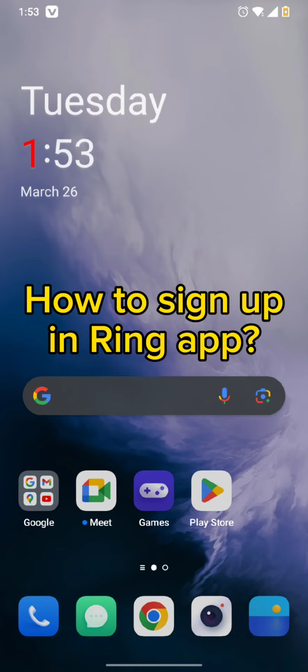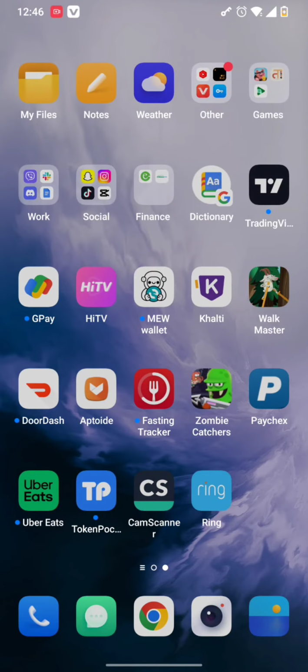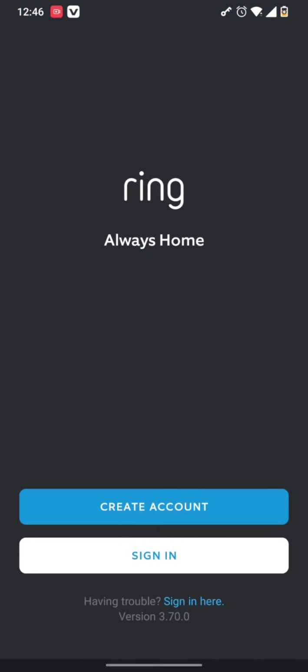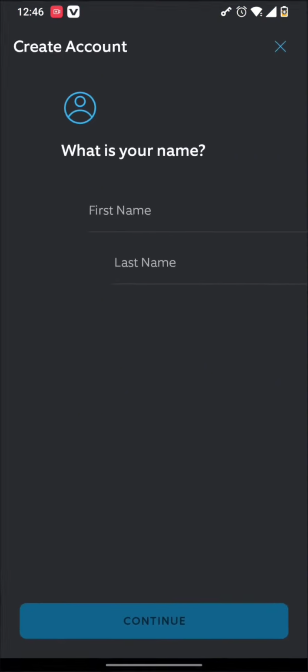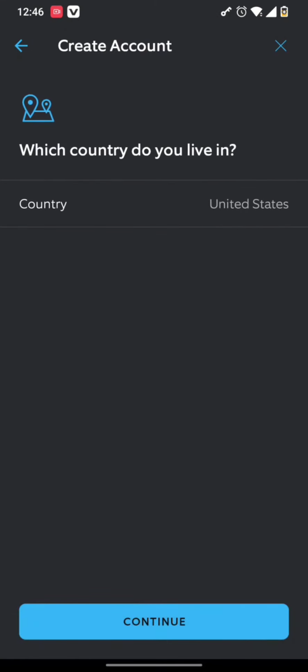So first of all, you need to simply tap open the Ring app from your home screen, and once you tap it open, you will end up on this page where all you need to do is simply tap on create account. Once you do this, type in your last name and first name and hit the continue